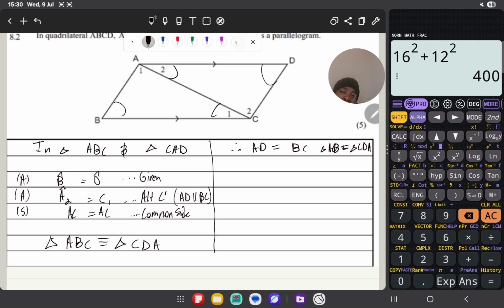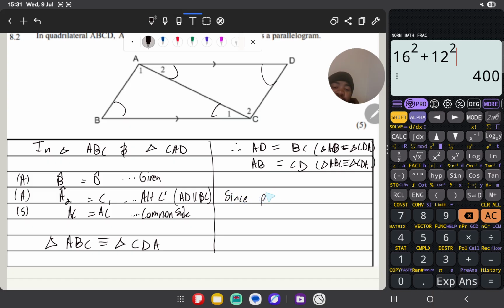Alright, let's go for this one. Another thing we can also say from congruency, BA or AB, let me say AB equals what? CD. Also, the reason you would say triangle ABC is congruent to triangle CDA, right? Or you can just say from congruency, right? So now from these two, we've shown that this side and this side are equal, this side and this side are equal. So then you will say,